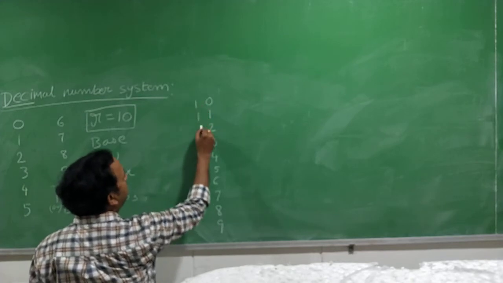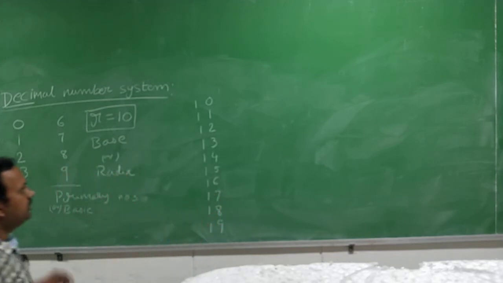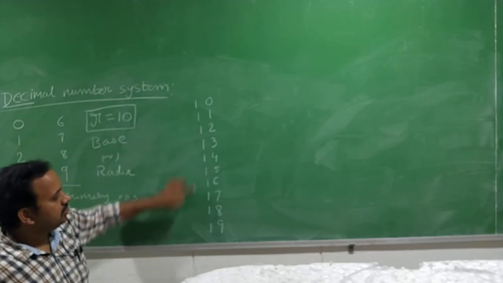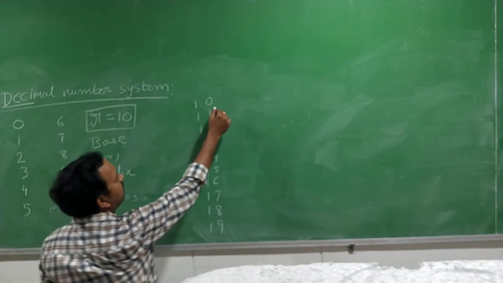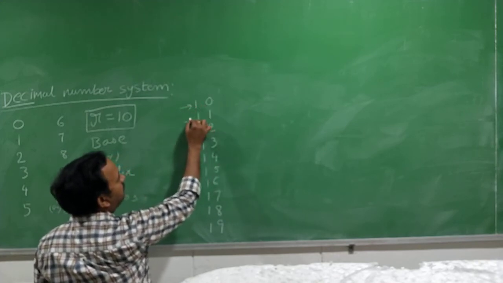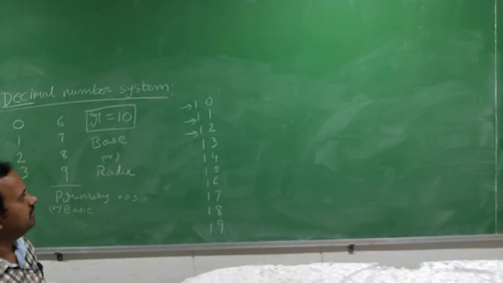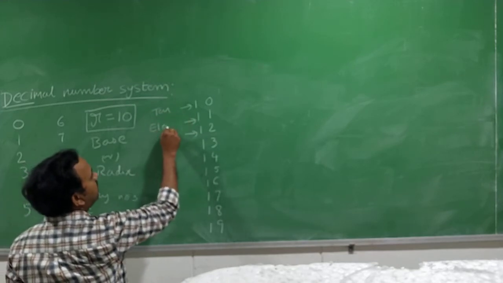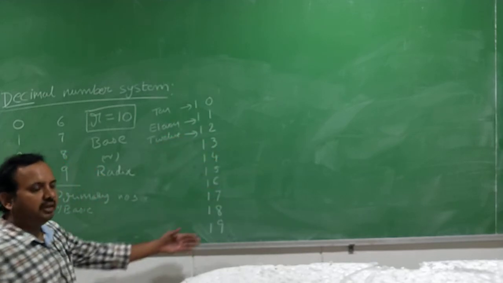Here you need to keep the 1 in front. So this gives 2-digit numbers after the primary sequence. Here we got some numbers, 10, 11, 12, like that. We need to give some names to these numbers to call them easily. So this number I have given as 10, this as 11, this as 12, and likewise 13, 14, 15, 16, 17, 18, 19.